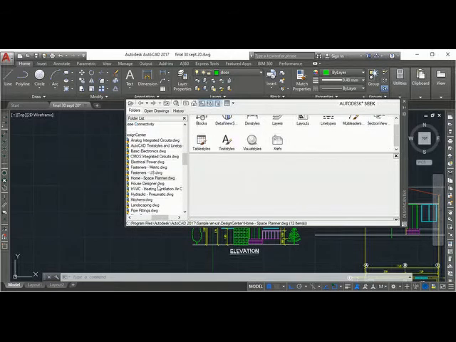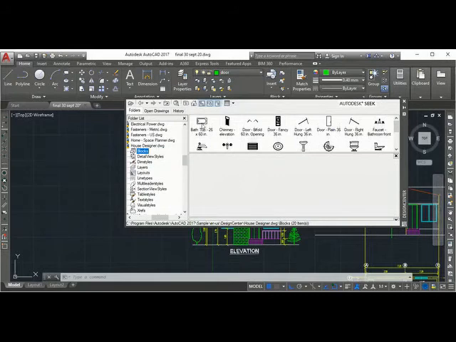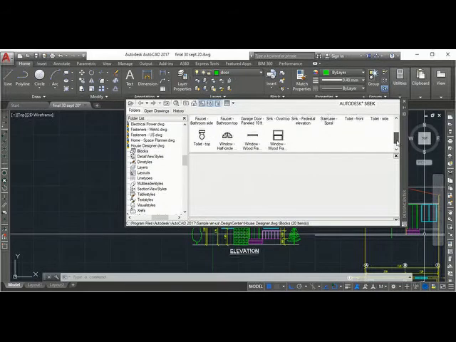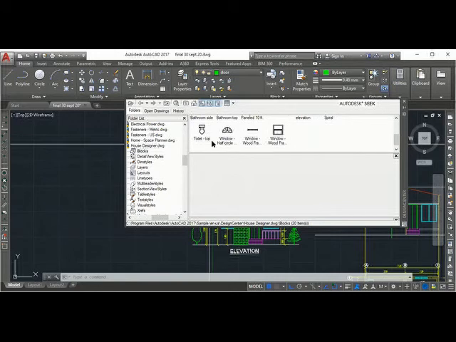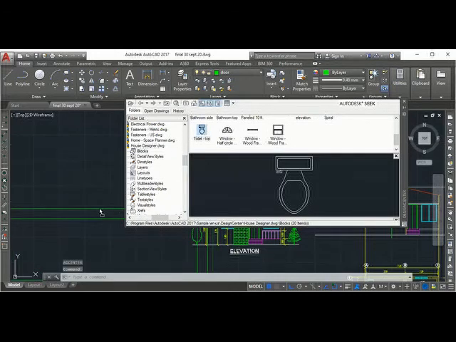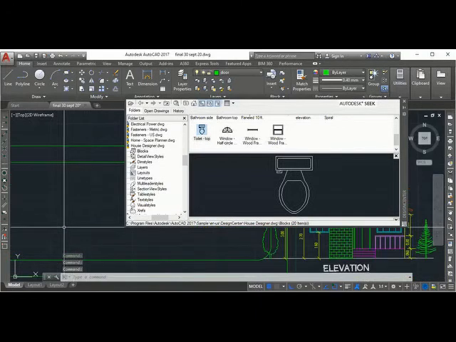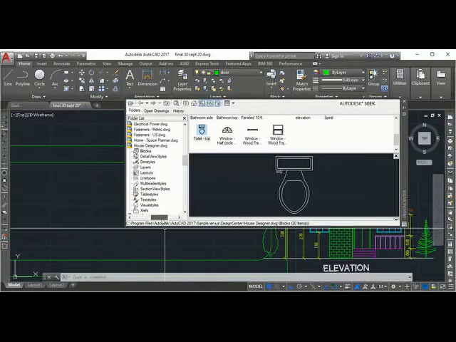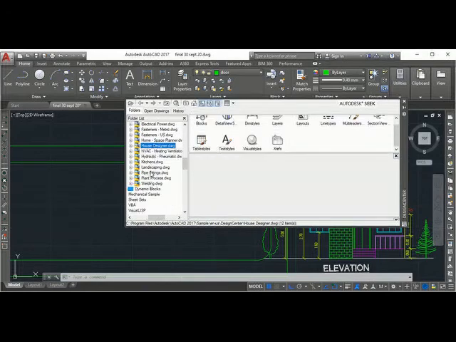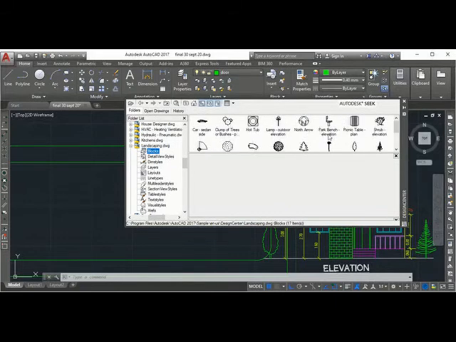So I don't want home. I will pick house. Blocks. You can see a bathtub is there. Some closets are there. See, toilet, closet. So if you want to put that, you can just drag and put it here. See, it will not be matching the scale. So you have to scale that if it is not matching. Okay, so we actually want landscaping. So you can see there is landscaping here. Blocks. And there are some landscaping things you can find.